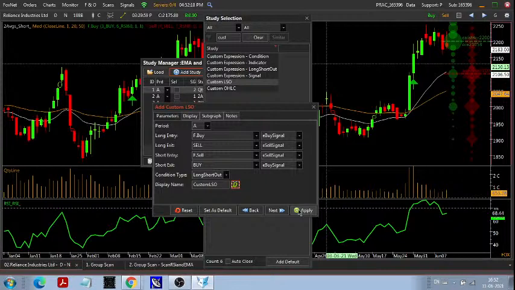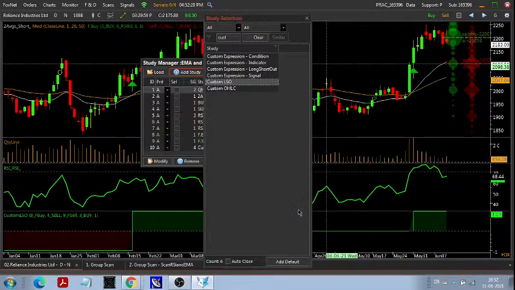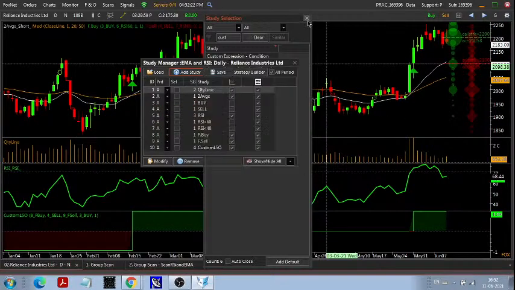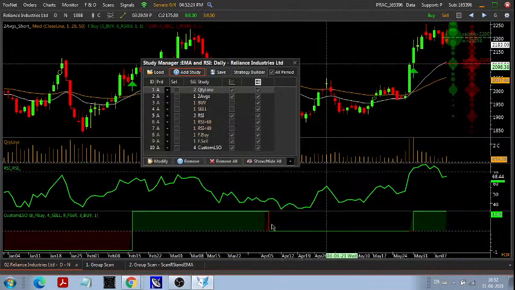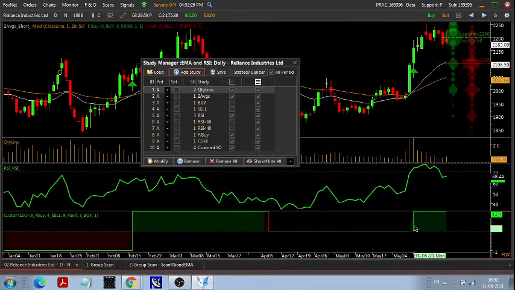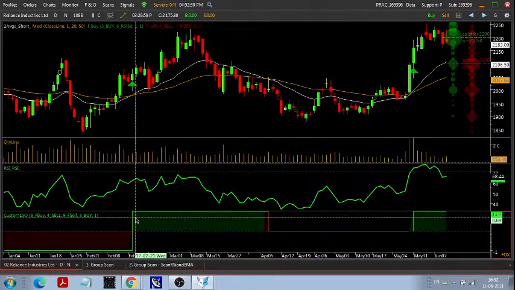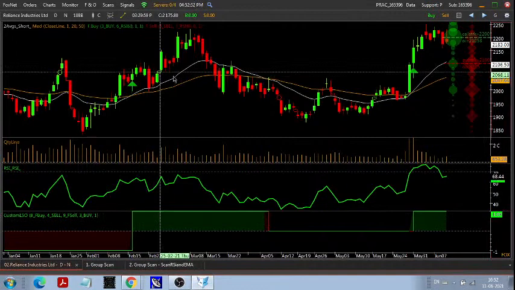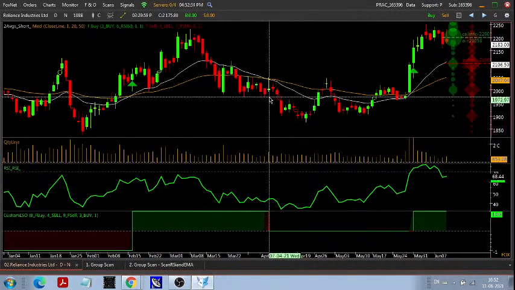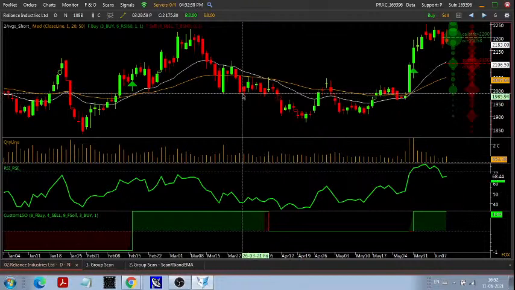So after selecting our entry and exit, I will click on apply button. Custom LSO will be shown on the graph, from which bar we have entered the trade and on which bar we have got the exit. And again, we have got this entry. Okay. So to do the back testing, here the moving average crossover, we have got the exit, but we have not got the fresh entry as the RSI condition was not matching.